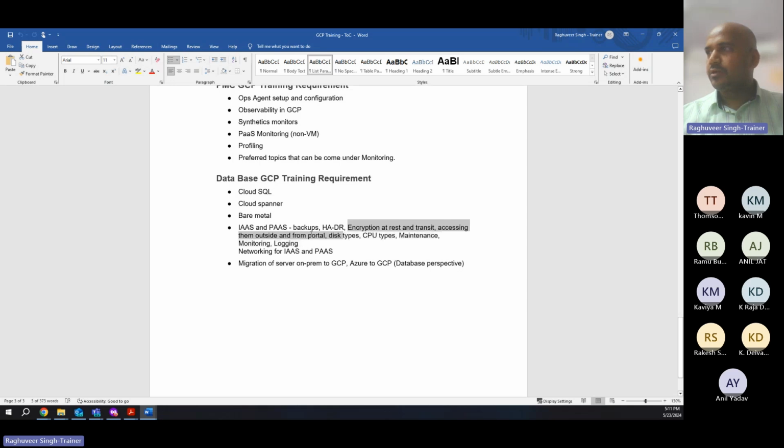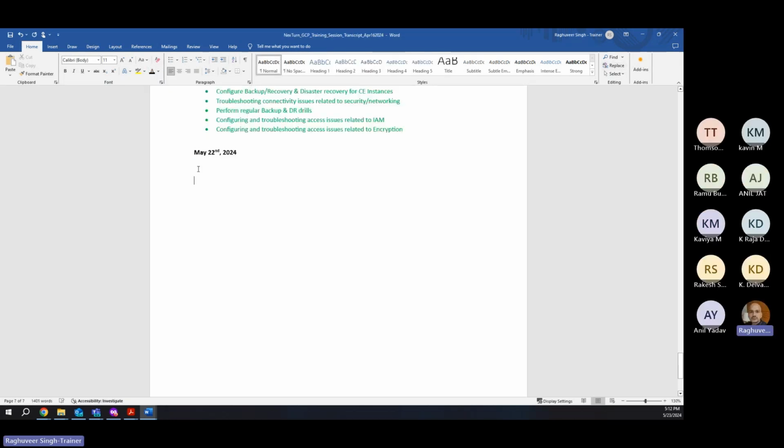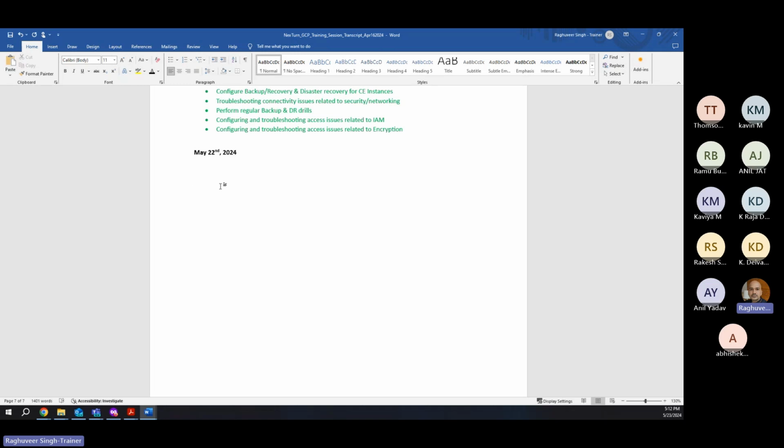So we'll try and cover this part today, which is encryption at rest, in transit, accessing them from outside the portal. So let's understand this service. When it comes to encryption, first of all, what is the objective here? The objective is, as we know, that Google is a public cloud. And since it is a public cloud, it is accessible to everyone out there, or its services are available to all the customers. Any customer can sign up to Google Cloud and can start to consume services from Google Cloud,